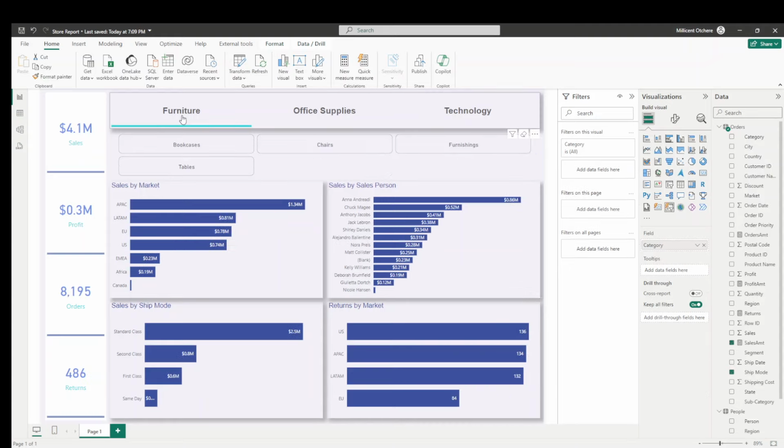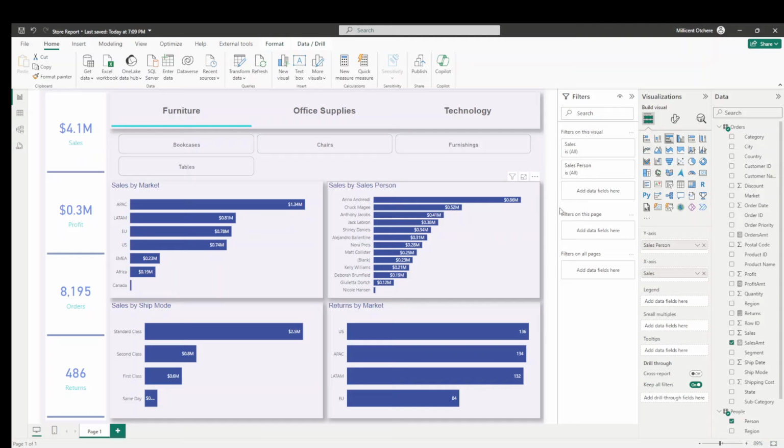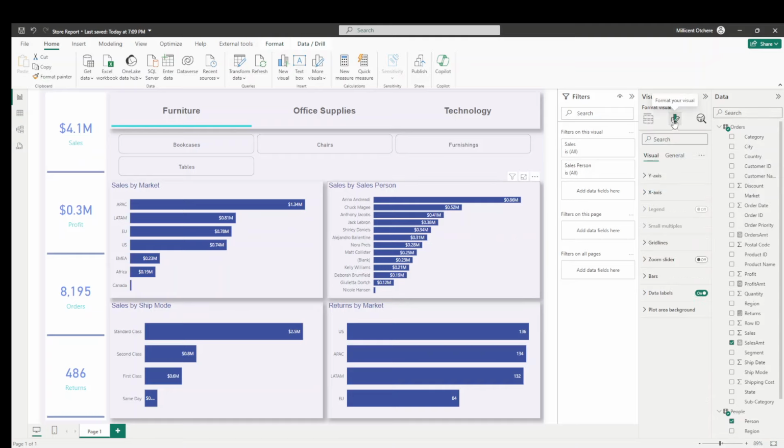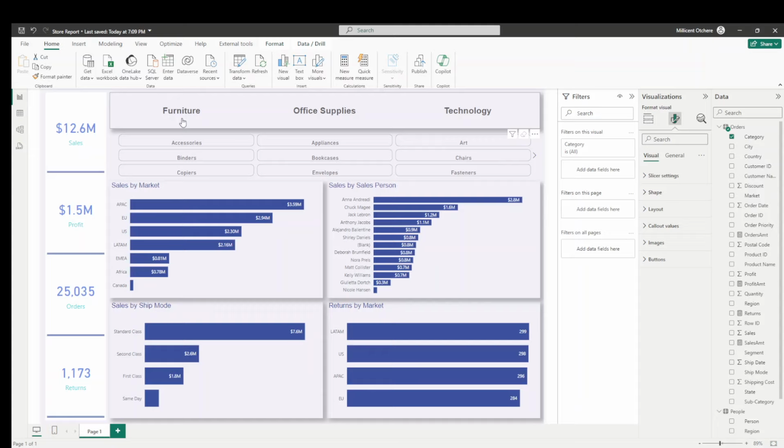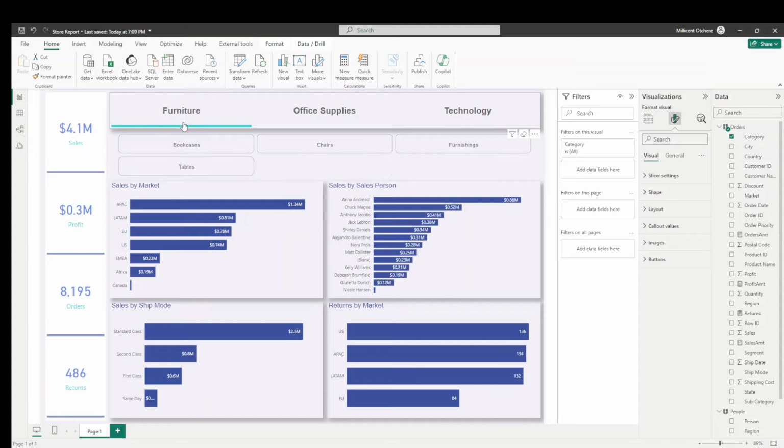So now if we click through one furniture, then this is what we have. Because now this was in millions, let's just go in and change it and see. But then if nothing is selected, let's see, it's 2 million. If something is filtered out, then it doesn't look quite nice. So what we can do then is